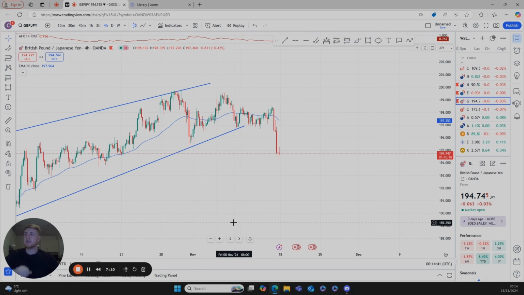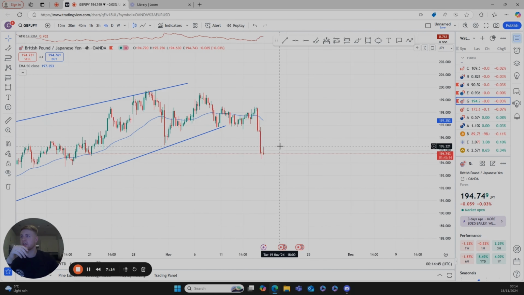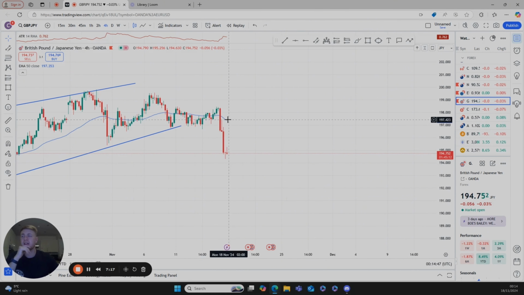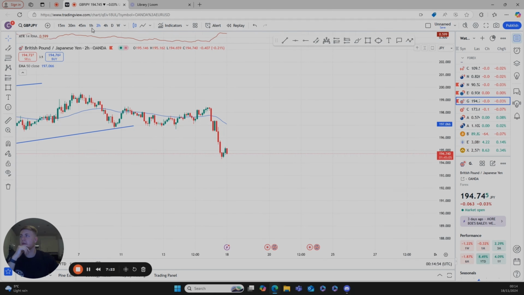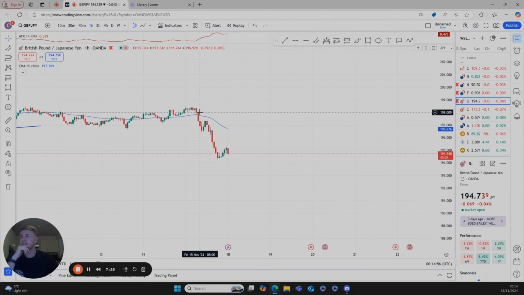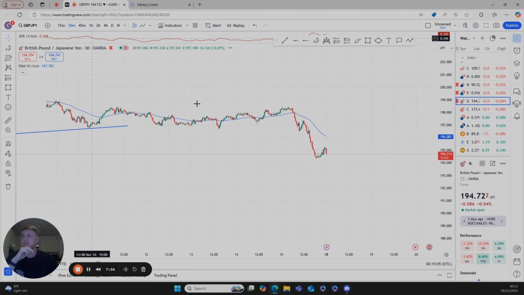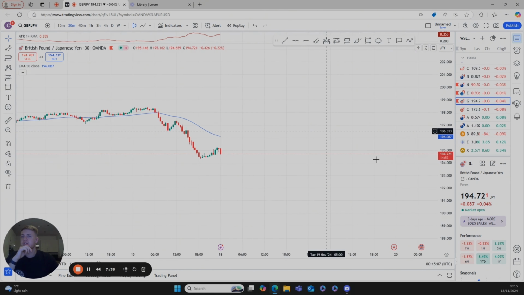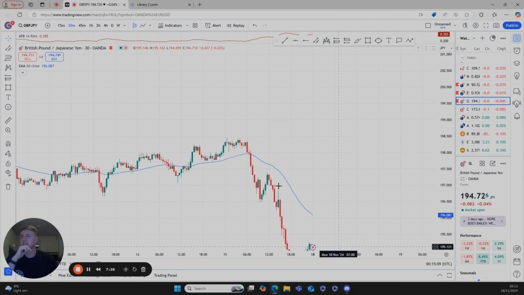Yeah, so as we go down into the lower time frames, we'll go to the 4 hour first. Again, engulfing candlestick there, completely missed it. And the 1 hour, engulfing candlestick, all to the downside, all the way down, and I completely missed it. This was even down to the half hour. As you can see, this is what I was waiting for, and I missed it.